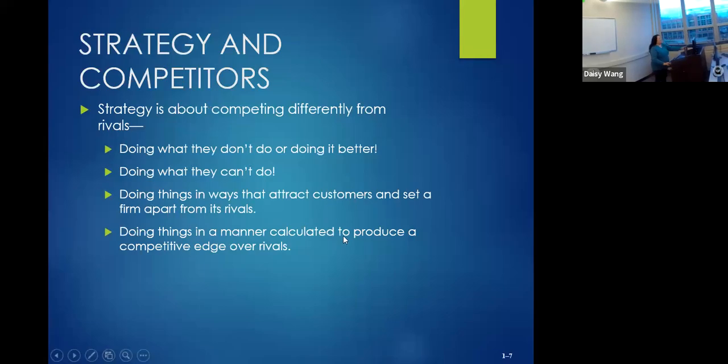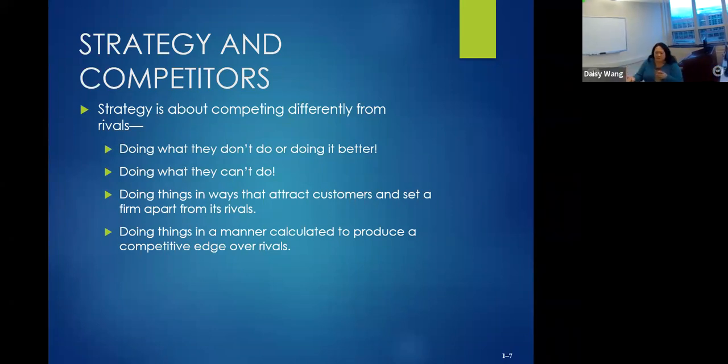And the strategy is about competing with our competitors differently. So let's say company A sells shoes at a very low price. Do you think everybody should do that? If everybody tries to sell shoes at a very low price, what would happen? What would happen? Like one company sells at $39, and then the next year another company lowers their price to $35 or $38,